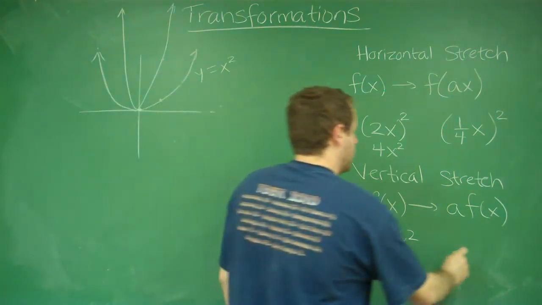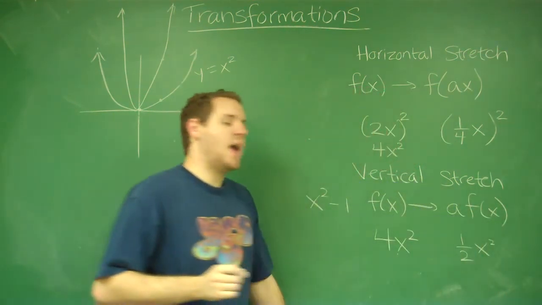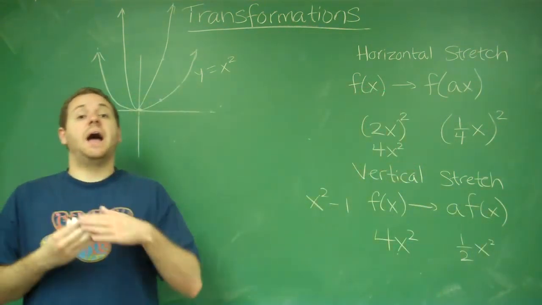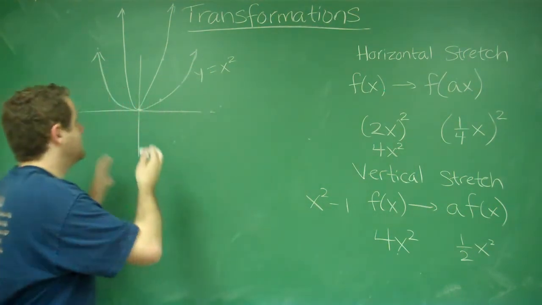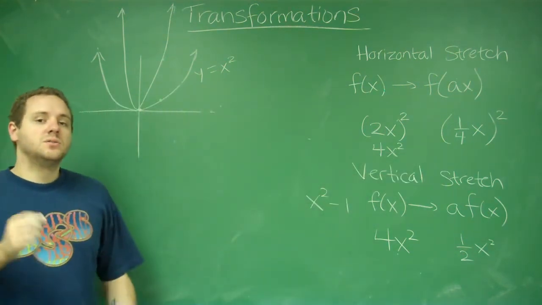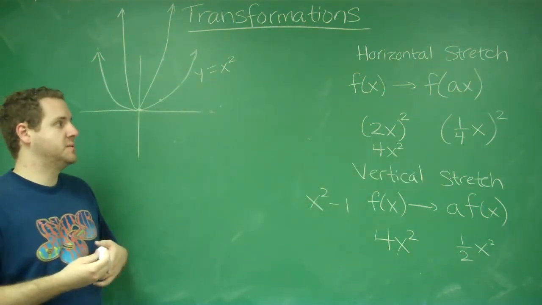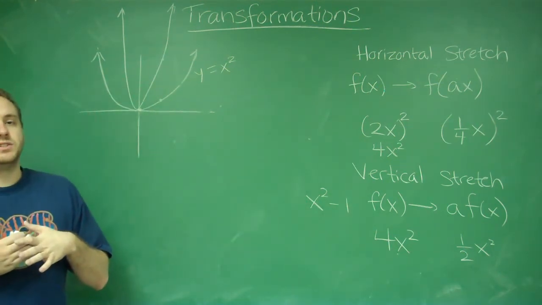Conversely, if you had something like 1/2 x squared, that means every y coordinate is now half of what it used to be, so the graph will get lower, and in this case, that also means wider, like if you had a horizontal stretch. So vertical shifts, horizontal stretches, and vertical stretches are the 4 types of transformations that you're going to